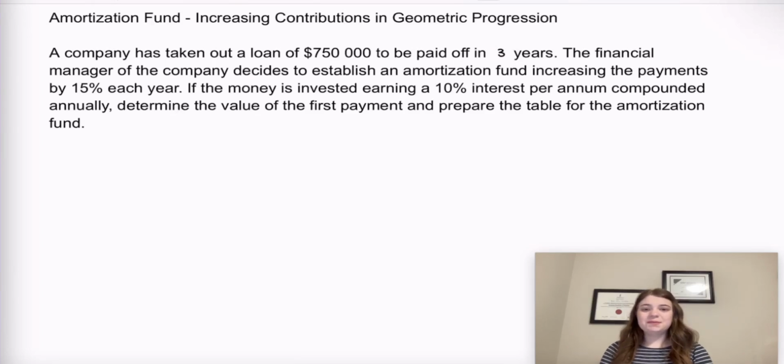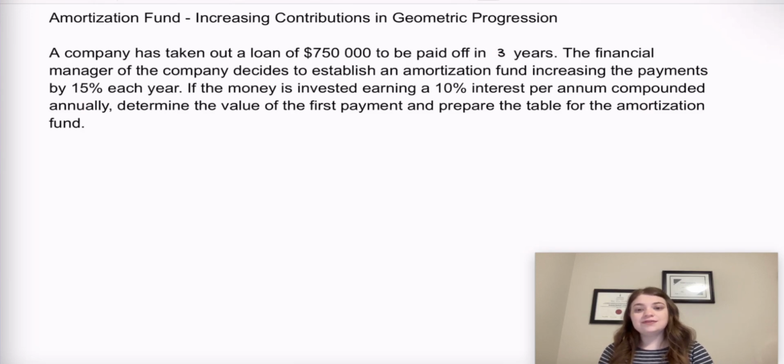So today we're going to be making an amortization table, in an example where we're making increasing contributions in geometric progression. All right, so in this example, a company has taken out a loan of $750,000 to be paid off in 3 years. So therefore, our future value must be $750,000, because that's how much we need to have 3 years' time from now. The financial manager of the company decides to establish an amortization fund, increasing the payments by 15%